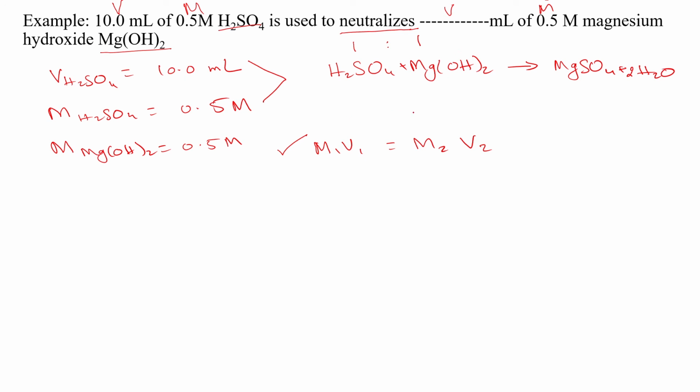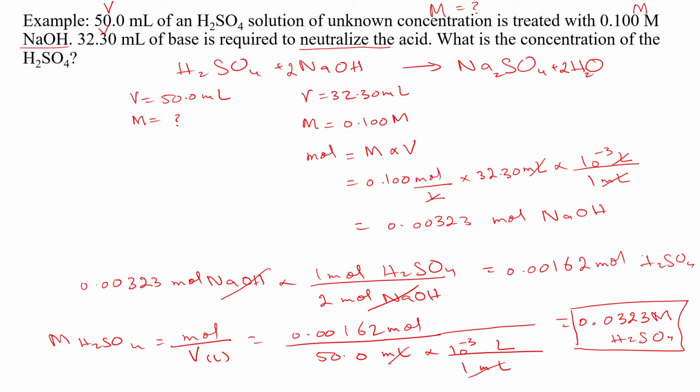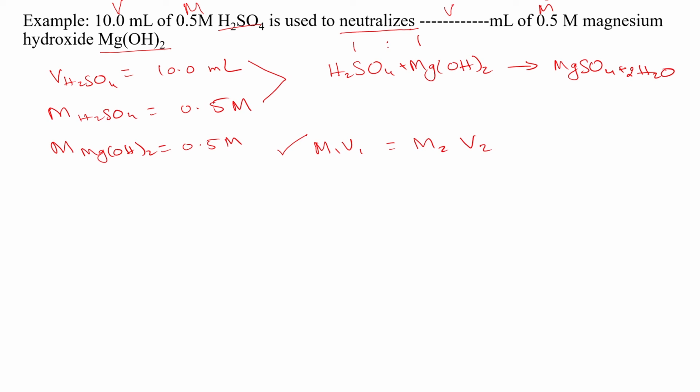If the mole ratio is anything else, like we had in the previous problem, where the mole ratio was 1 to 2, right, then for that problem you cannot use M1V1 equals M2V2, but here you can use it. So if you see that you have to find the volume of magnesium hydroxide, you can rearrange this and use this formula to get the volume of magnesium hydroxide. So it will be,